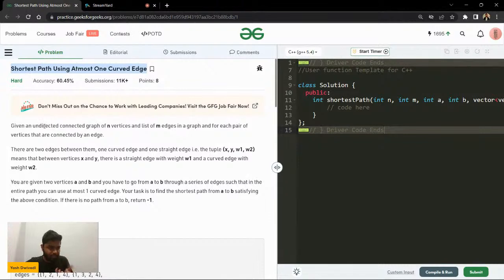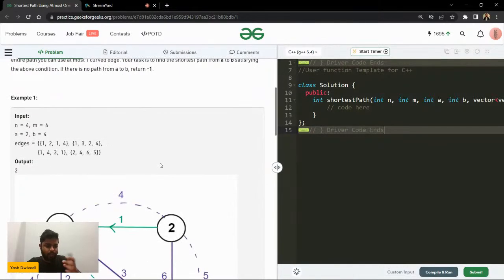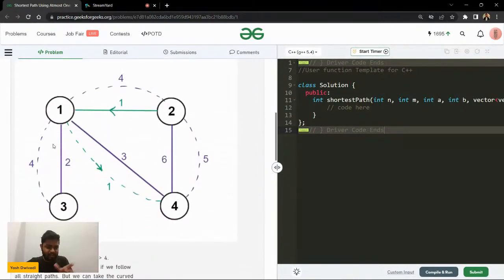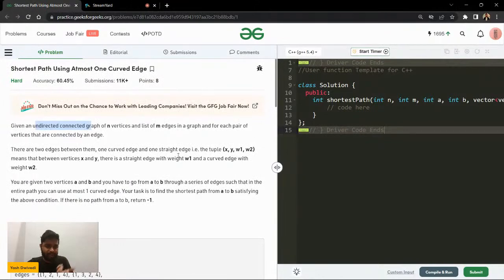It says that you'll be given an undirected graph which will be weighted in nature. So every edge will have some weight. You can see here that this graph has some weights. So when a graph has weights and you have a particular starting point and an ending point, a source and a destination,